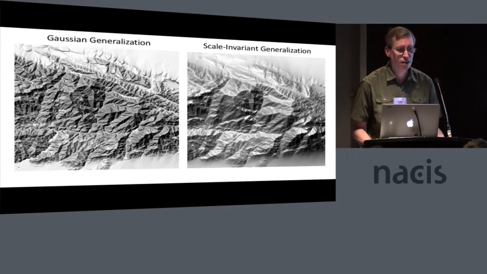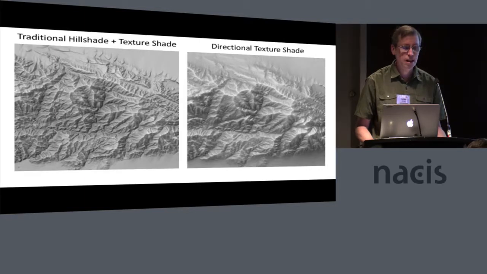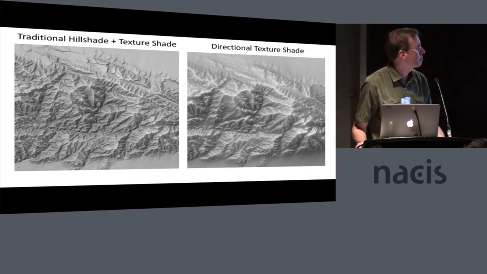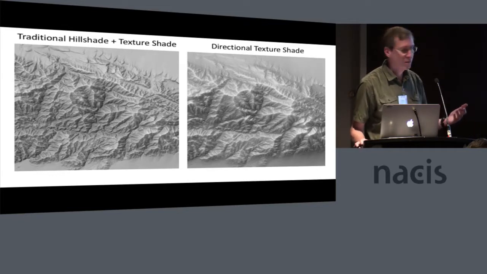So here again is just a comparison of the two smoothing techniques, and then adding in the texture shading layer to both of them. This is the result. So at this point, I want to use the room here, it makes a nice example. I can say for the image on the left,